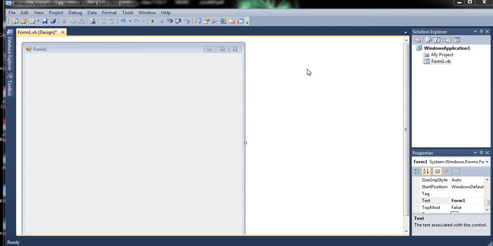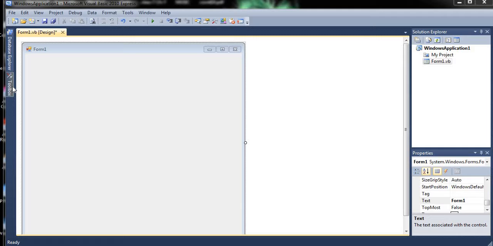So today we will discuss the select case statement, the program based on the select case statement. So what is this select case statement? Suppose we have to give choices to the user, and on the basis of these choices some particular statement we want to be executed. In such situations we will use the select case statement. You will understand it better with an example. So let's create one program.